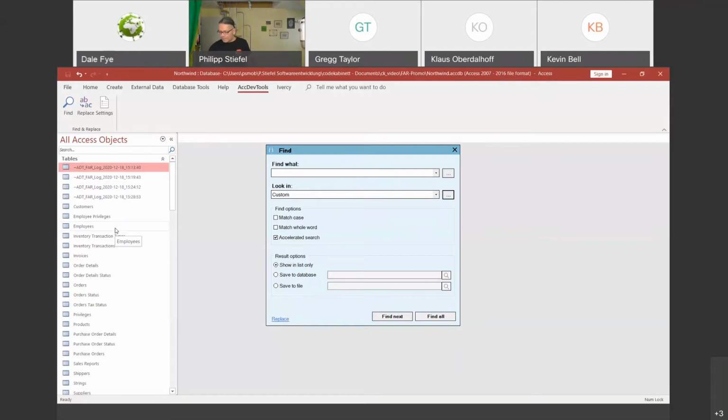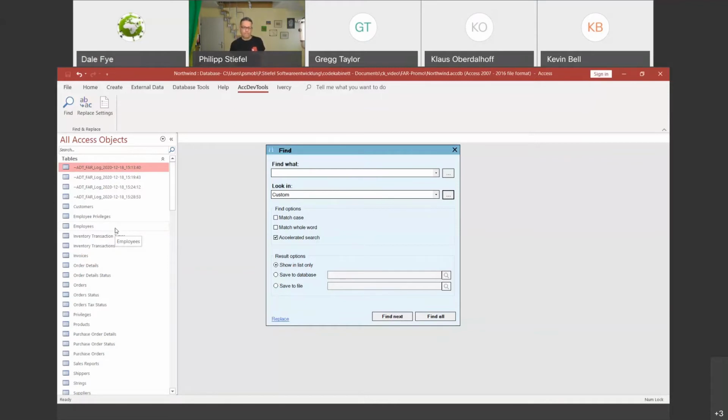It was not my idea, but I find it so good that I wanted to be sure that it's not lost. Thank you very much, Klaus. I like the idea as well, and I will definitely log that as a feature. When you open one of those saved tables, Philip,